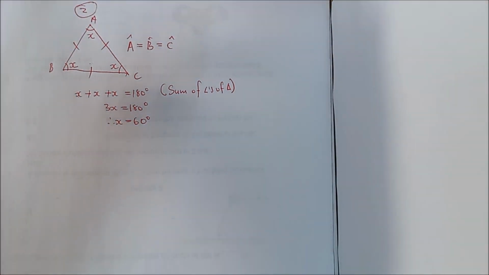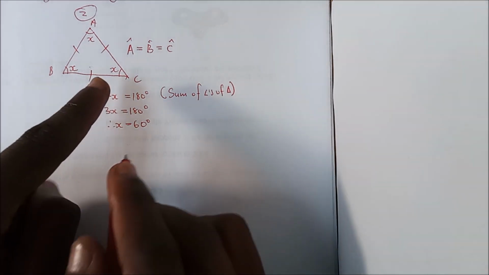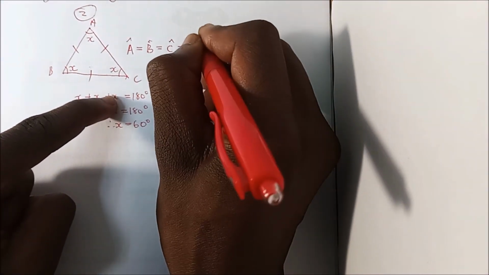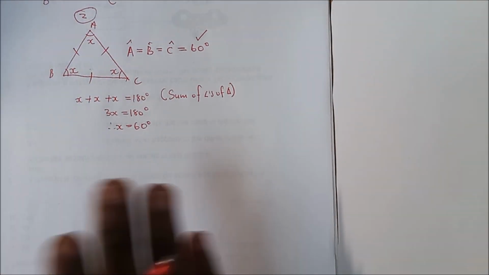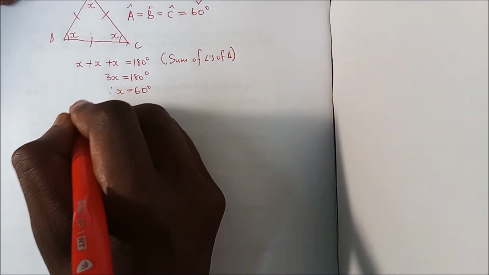If you divide each side by 3, you will get x is 60 degrees. So in an equilateral triangle, what we know is each angle is 60 degrees. So now you basically know these things, so I'm just going through them. So now the third one